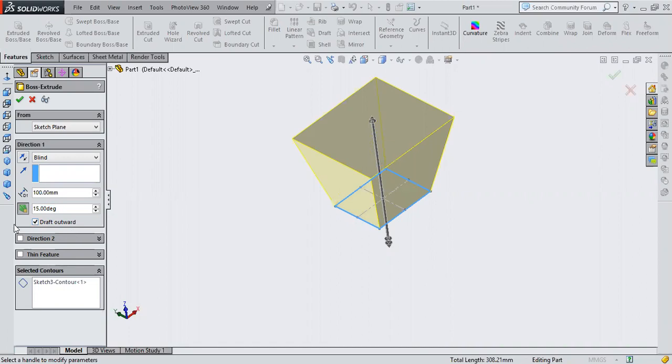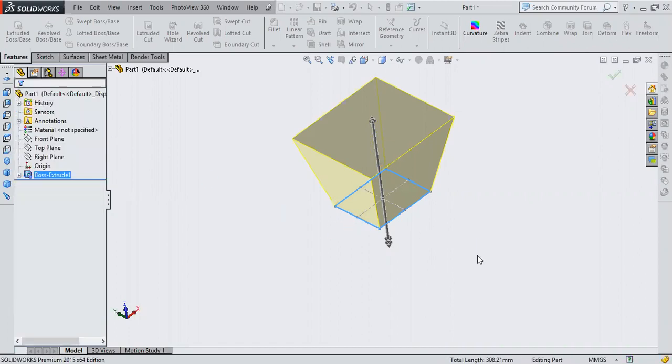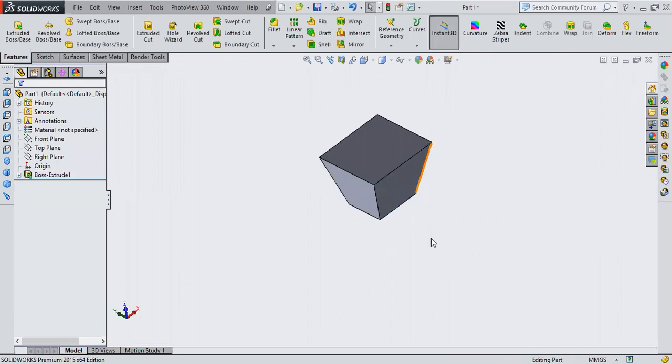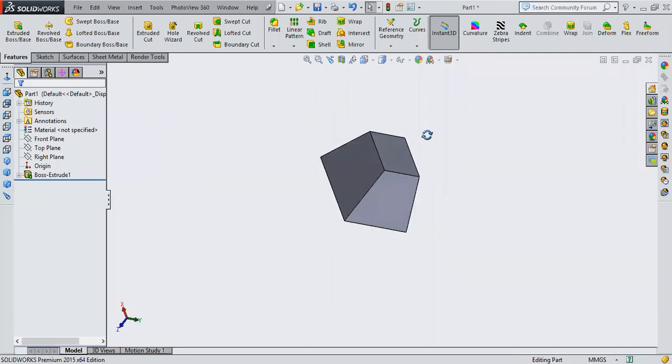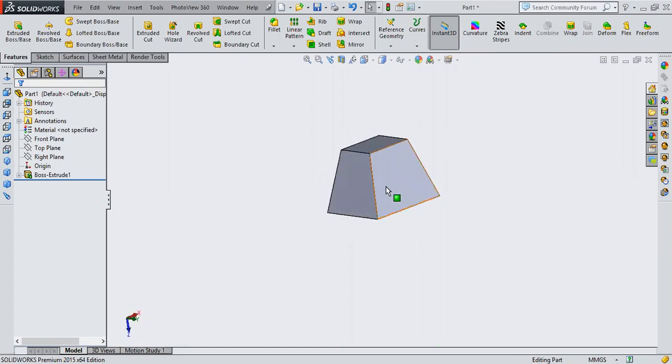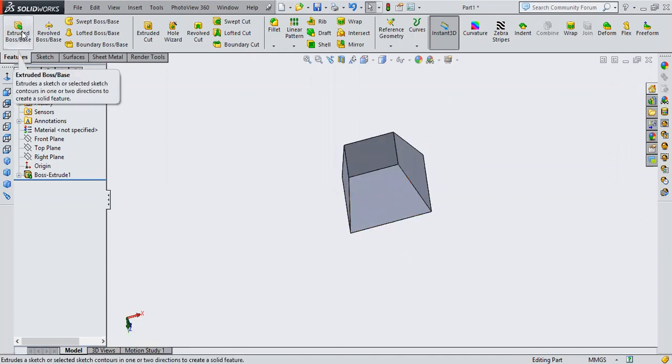Once everything is done, if you say okay to this, a solid part of that kind will be created, okay? Can you notice this? If you want to move this part here and there, just click the cursor button and move your mouse. Everything will be shifted, okay? Got it? Any issues? No, sir. Same way, each and every flat plane will be acting as a sketching plane for you. So I have explained this material adding command.